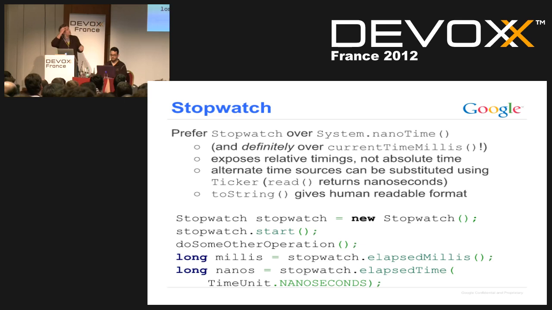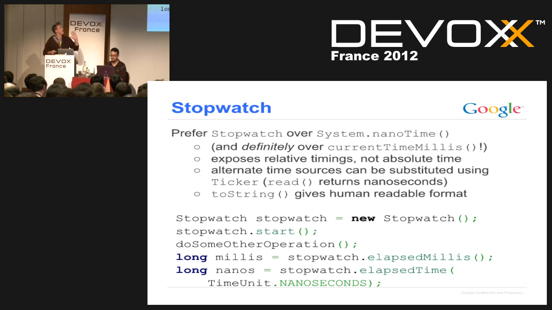So in this instance, we're doing some other operations. This could be some long operation that you want to time, and maybe watch how long this operation usually takes. When you're done, you can just call stopwatch.elapsedMillis. The stopwatch will continue to run at that point, but if you'd like to explicitly stop it, you can also call stopwatch.stop. If you want to get it in some other format, like nanoseconds or minutes or whatever time unit you want, you can also get that from this API as well.